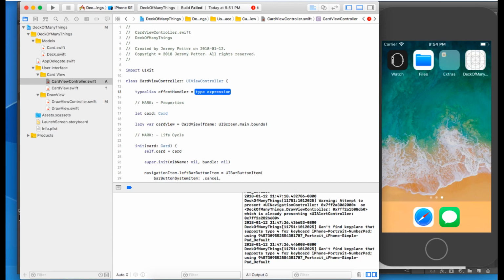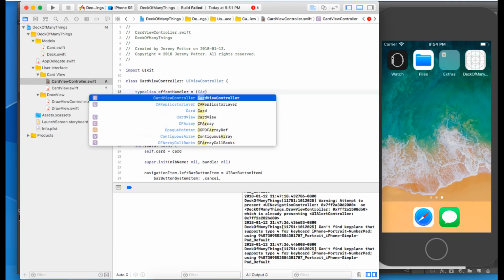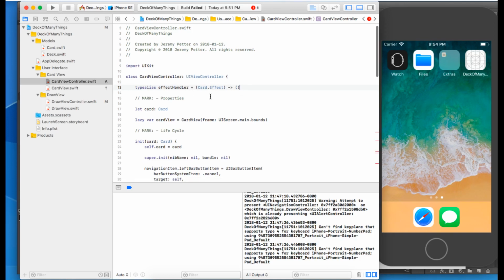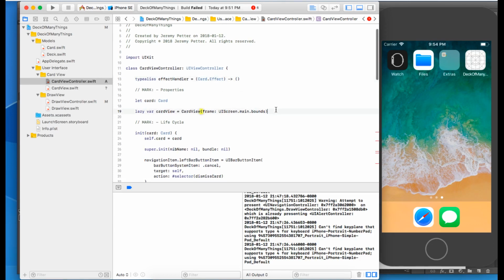This is a function that takes a card effect, returns nil. So type alias just gives a name to this kind of function. We're going to call this an effect handler, with a capital E, and then we will say